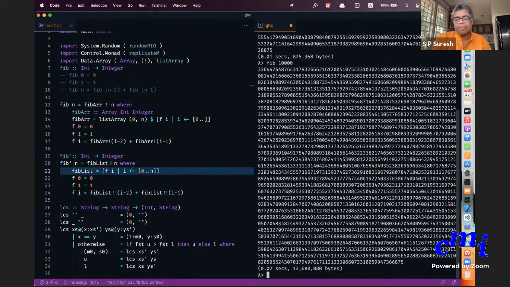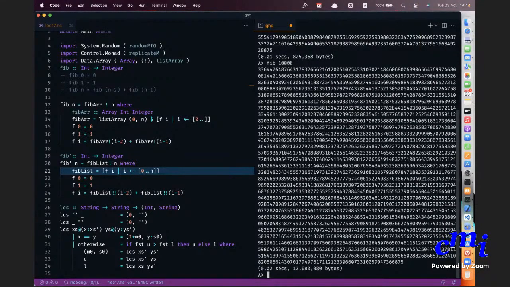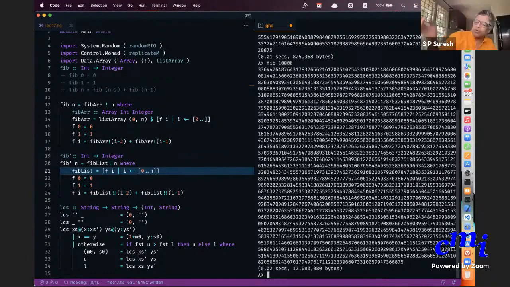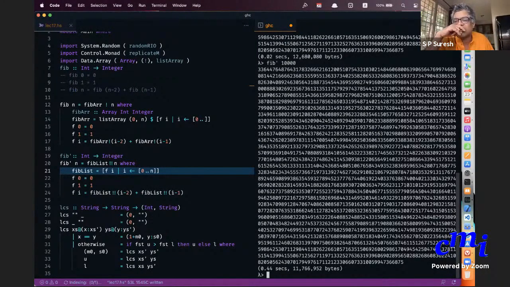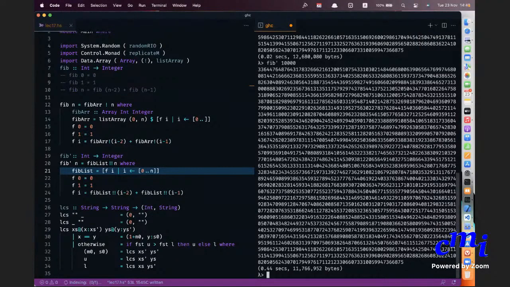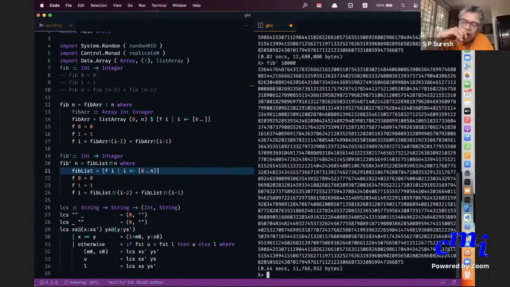Romit? Yes, sir. Yeah, because the longer the list is, you have to take longer to traverse the list. Okay. To access element 999, you have to go past 999 elements. Yes. So it will go up to 999 each time. Yeah, right. And as you increase this, the difference will become even more palpable.